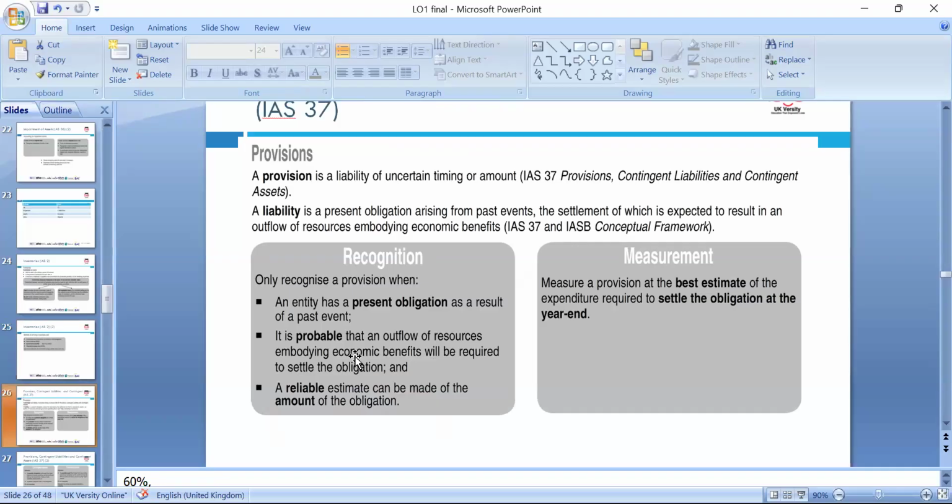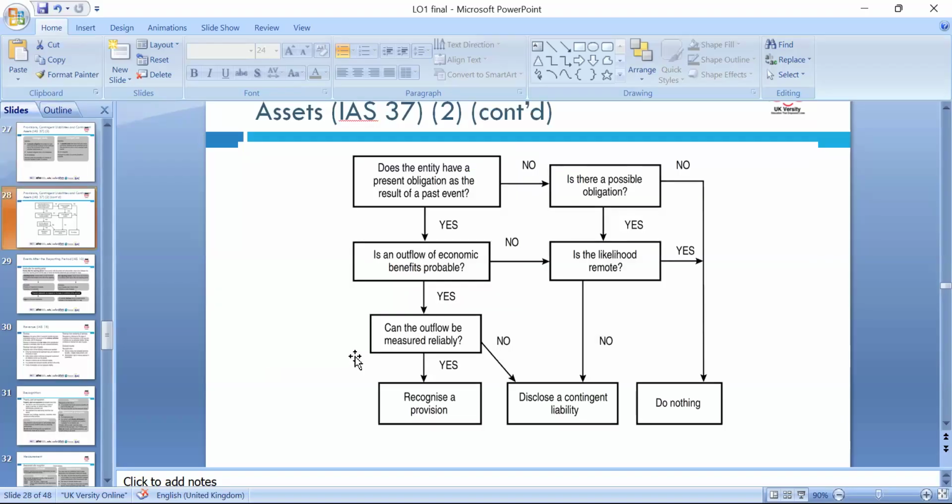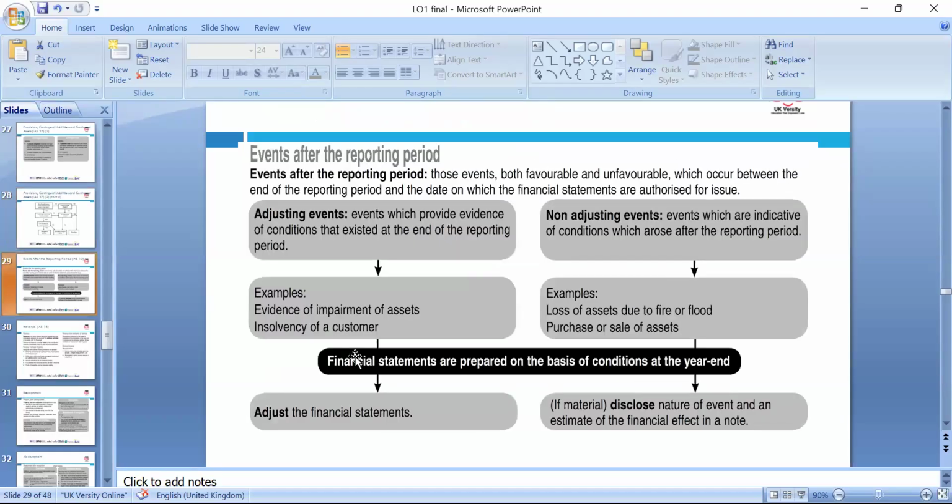Okay, so provisions, of course, are related to contingent liabilities or contingent assets, which depend on the likelihood of the obligation. We said a liability is an obligation which arises due to past events. If you can measure it reliably and estimate it, and there is a chance, then you should reflect it in the financial statements. Contingent liabilities or contingent assets depend on this basis. So we follow the test, and if measurable, we reflect it; otherwise we need to disclose it in the financial statements if it is a likelihood.